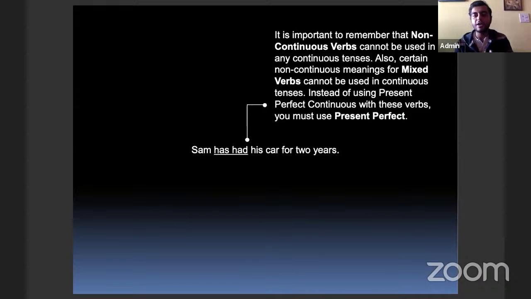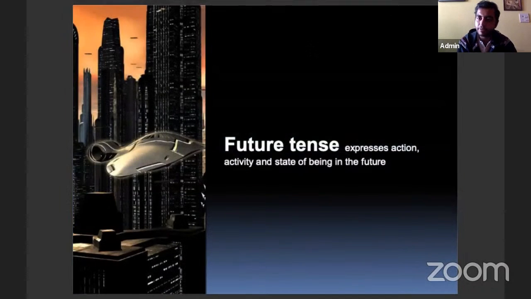So you see Sam driving around in a car. You see that Sam has his name written on the back of the car, but you don't know for sure whether it is his car or whether he has stolen it from somewhere, got it as a gift or whatever. So use present perfect. You cannot see him actually owning the car. Owning is something that is not seen by the eyes. It is an artificial creation of the mind, possession and all. Someone is not holding on to every single piece of land that they have. It's just not possible. So it is a non-continuous verb, and you cannot use it in a continuous tense.